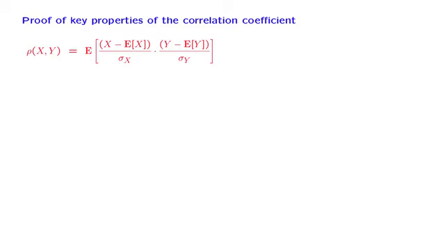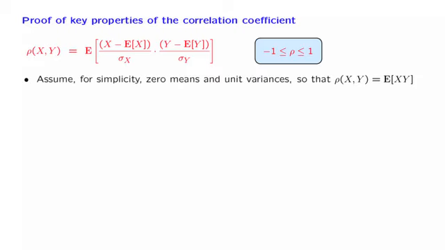In this segment, we justify some of the properties of the correlation coefficient that we claimed a little earlier. The most important property is that the correlation coefficient lies between -1 and +1. We will prove this property for the special case where we have random variables with zero means and unit variances,